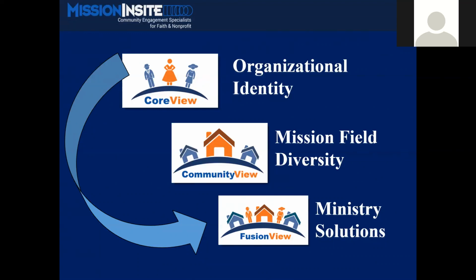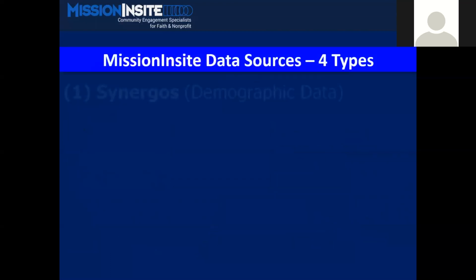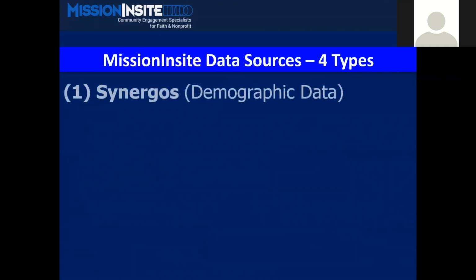The third term is Fusion View. And for us, Fusion View provides the ability of bringing the information from the organizational identity and the mission field identity together, so we can look at that in terms of how we can impact ministry in a given area.